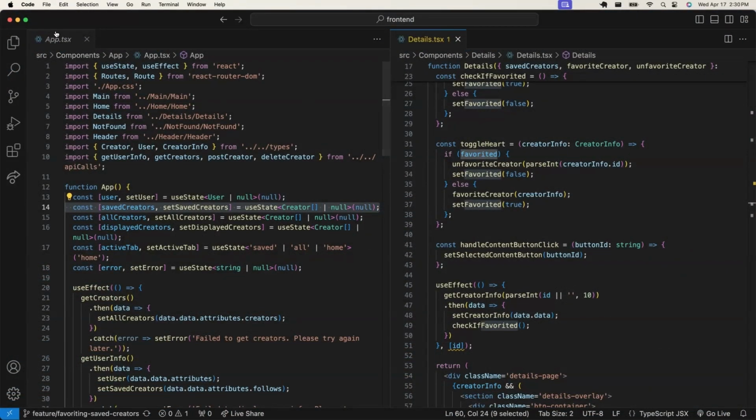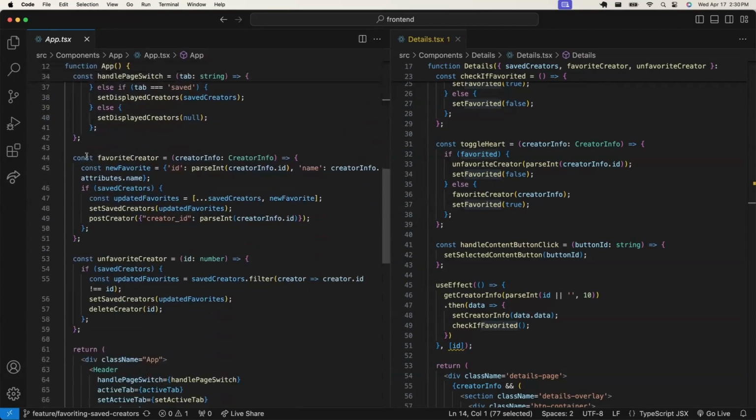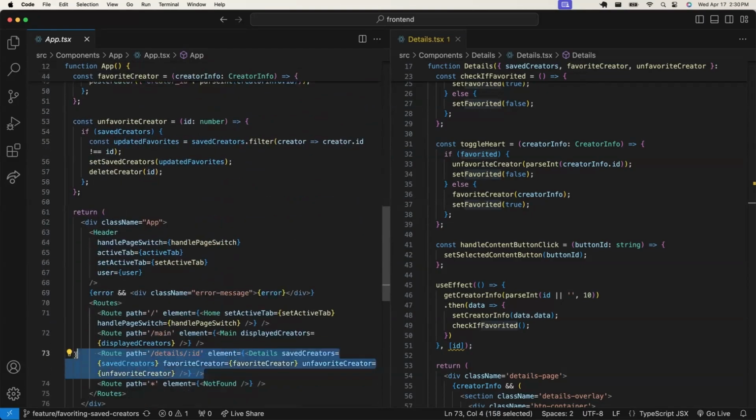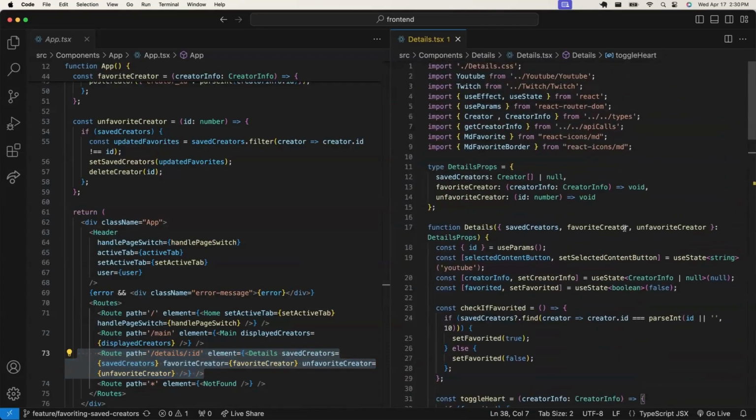So in our main app file, we have a state variable for saved creators, which is an array of all of the creators that have been saved by the user. And if you scroll down here, we have two new functions, one for favoriting a creator and one for unfavoriting a creator, which have been passed as props down into the details page, all three of those: saved creators, favorite creator, and unfavorite creator. And then over here on the details page, they come in as props,